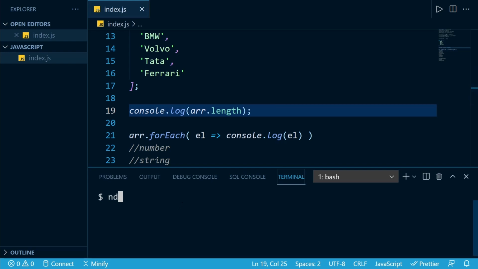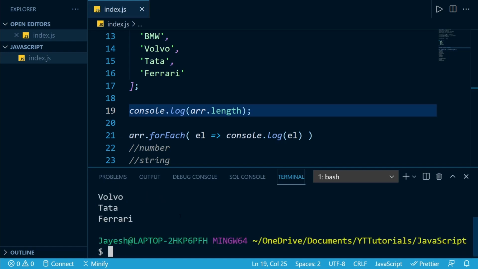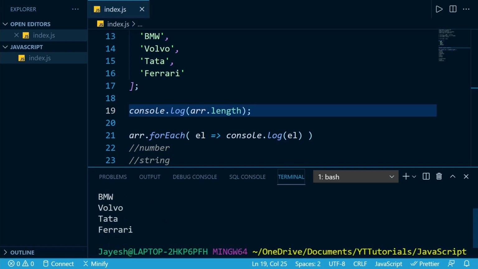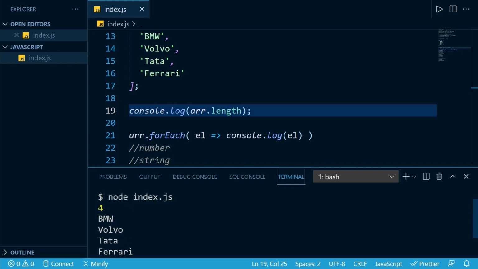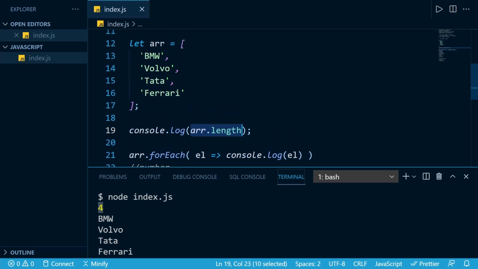So we can do node index.js, and as we can see here, first it prints 4. It is the length of our array. We have 4 values, that is BMW, Volvo, Tata and Ferrari. That's why it prints 4. And whenever we remove or add some value, this array.length gets automatically updated.